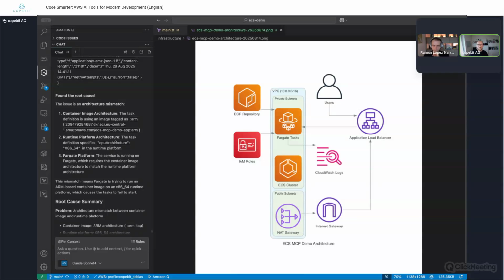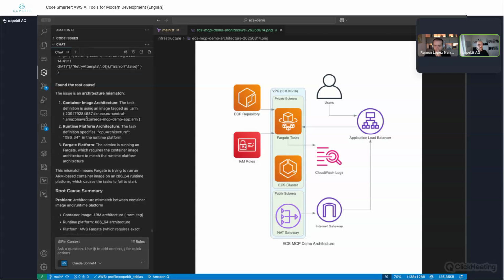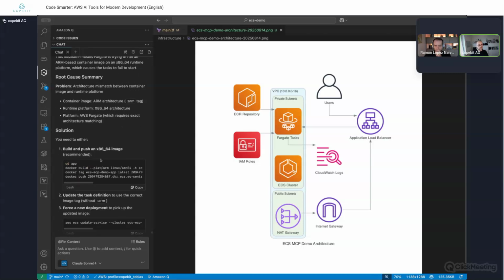Of course, I do have an M1 MacBook, and the ECS task is running on Fargate, which requires that the image is built for x86. So we do have this architecture mismatch, and Amazon Q is also telling me how I can resolve this error.